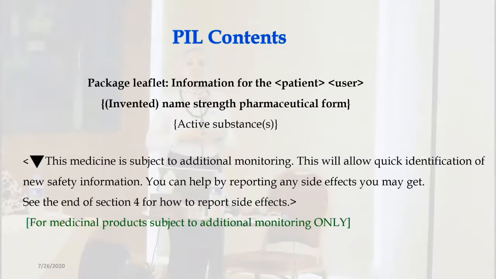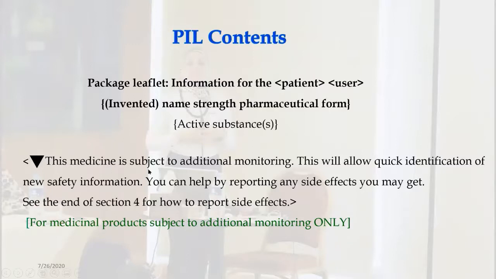In the template of the PIL, first, we have to specify that this is the package leaflet information for the patient or for the users. And we have to specify the invented name, trade name, and the strength of the pharmaceutical form, and the active ingredient substance name. In case we launch our product under the emergency use authorization, we have to mention a certain paragraph and use this template with this warning: